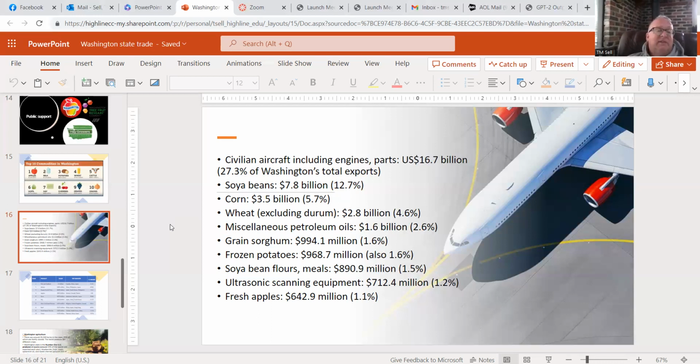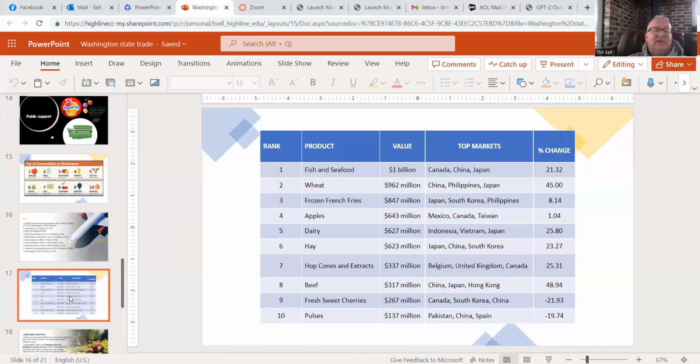So it's useful, I think, to look at more than one list because you start to get a picture of what it is that we actually do. So here we see, according to this list, fish and seafood is our top export. That varies from time to time. Wheat, that's certainly true, although some of that wheat probably comes from the Midwest as well. Apples, dairy, hay, hops. Let's see, beef,